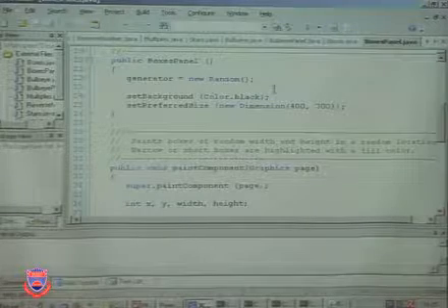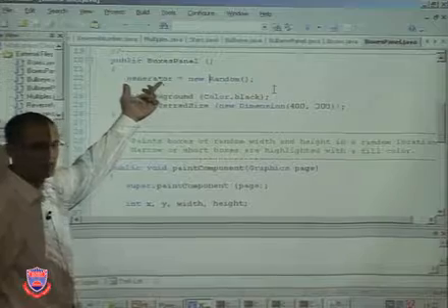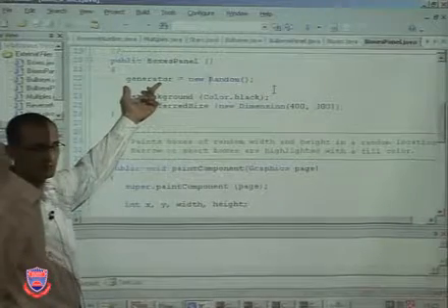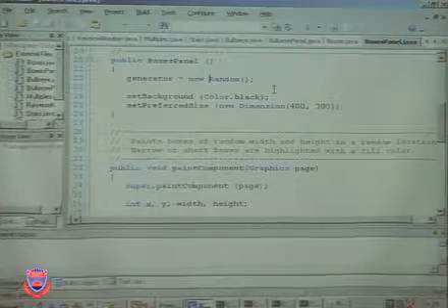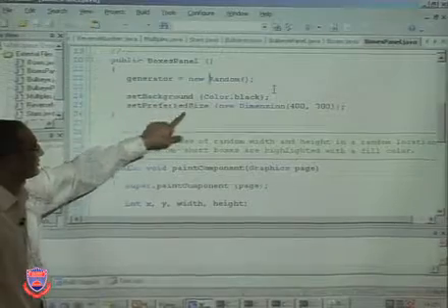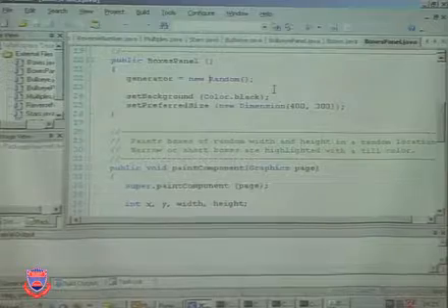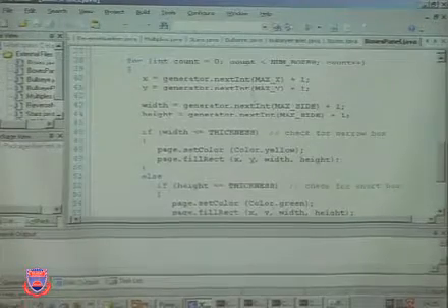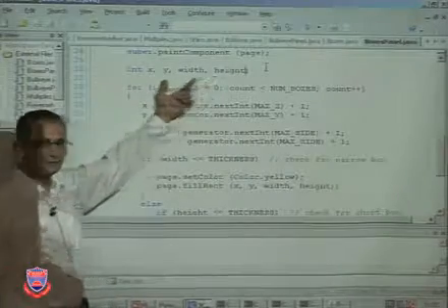So we have a boxes panel which creates a random number generator, as I have shown in the last lecture. It gives you a certain random number. And we set the background to black and dimensions to 400 by 300 for our panel. Then what do we do on the panel? We have, as you can see, X and Y, width and height for the